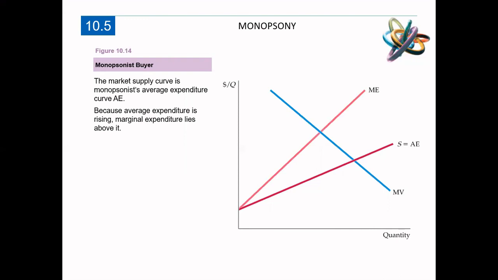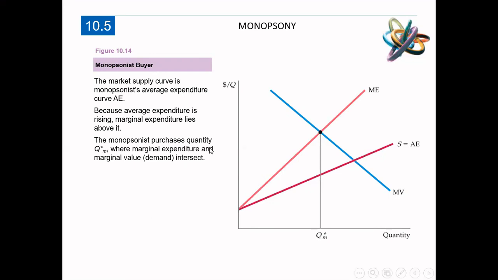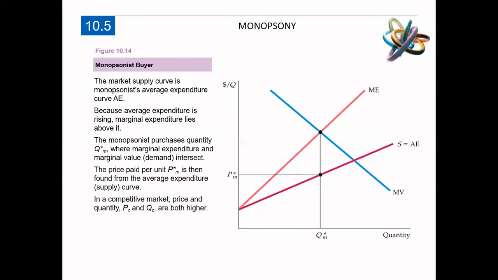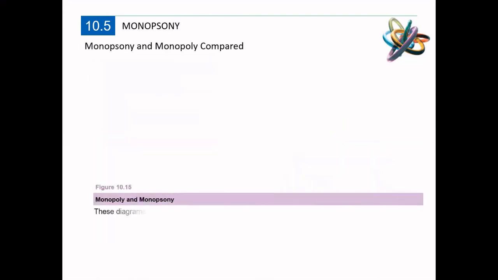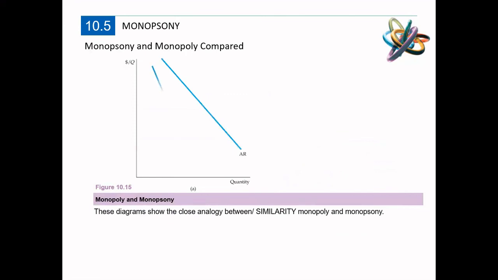The aggregate average expenditure I have here, and the marginal expenditure. The marginal means the incremental, the extra units that I'm going to have. So marginal expenditure and average expenditure affect the pricing. If I have more value added, I will set the prices at a higher level. If I have less value added, I will set the prices at a lower level. So as you see here, I can set the prices lower than the competitive market. So to recap, monopsony and monopoly,